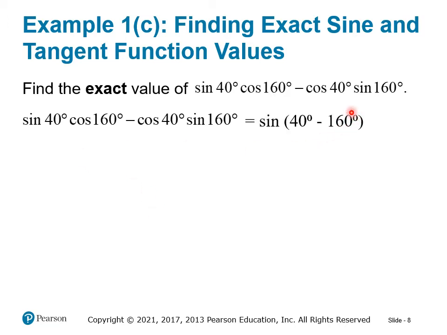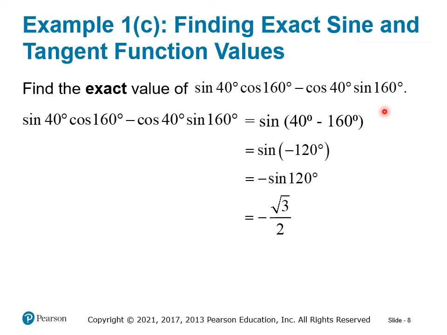Again, I have another typo here. This should say 160, not 60. All right? So we get the sine of negative 120, which is also negative sine of 120 by the negative angle identity,